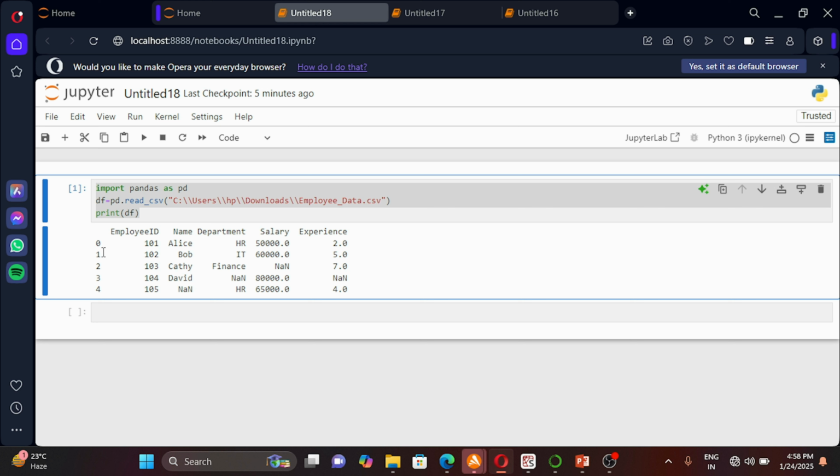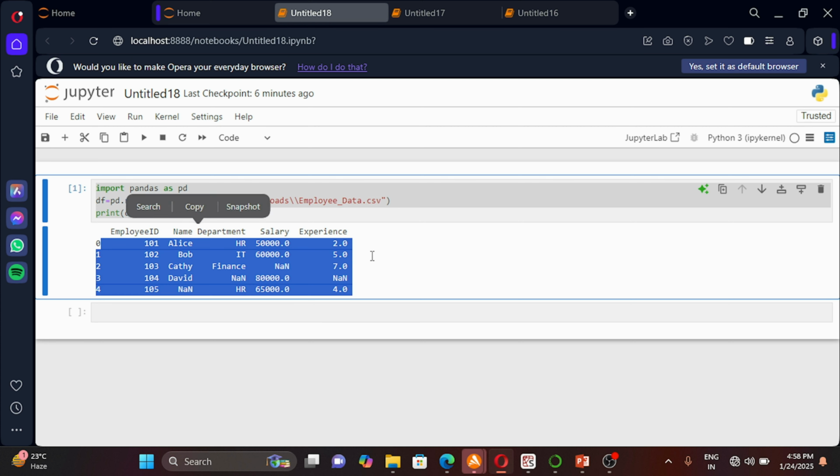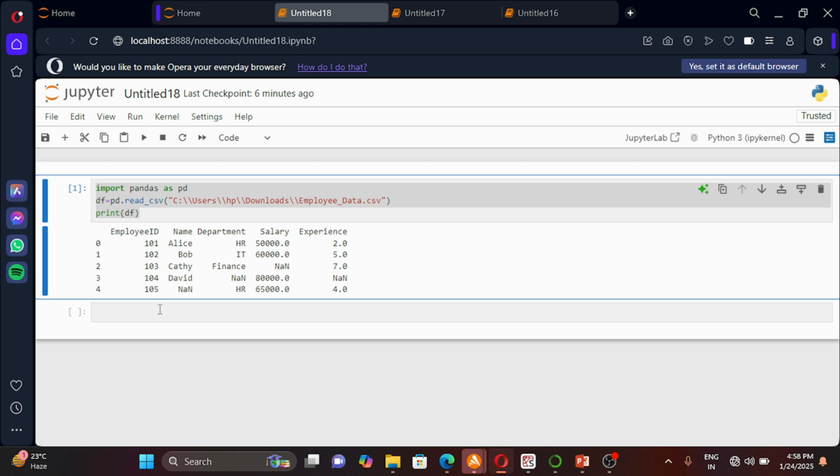Okay, so in Python, if you are aware, it starts with the 0 position and goes till n minus 1. So I have 5 rows, 5 minus 1 is 4, right? And you can see here that I have this NaN, like a missing value column here. In pandas there is automatic detection of what my missing values are, so pandas detects NaN, null, missing values.